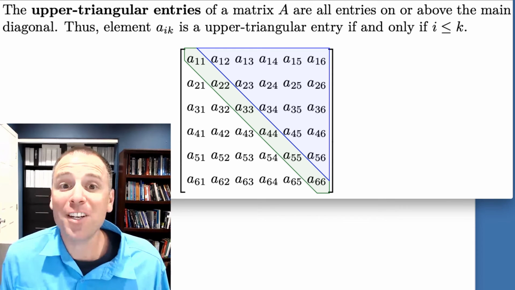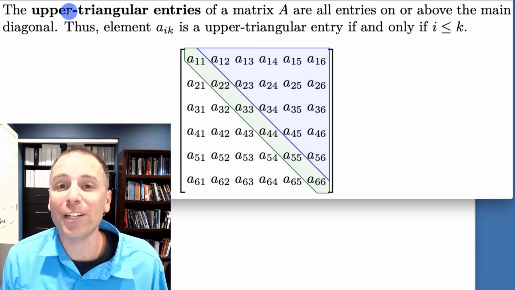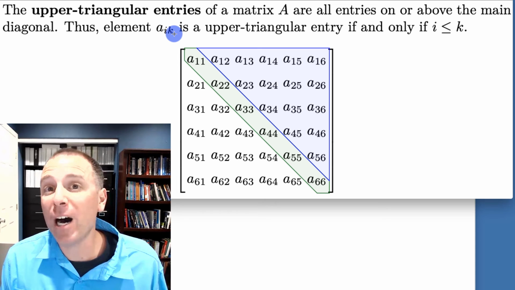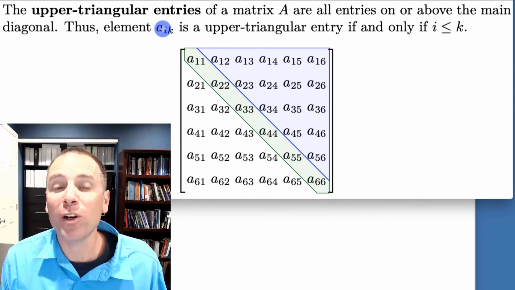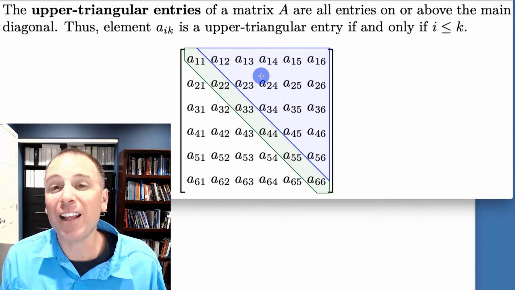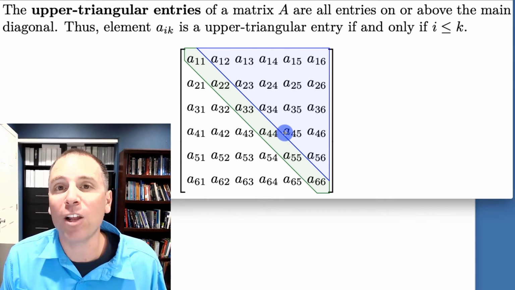That leads us to our next definition, which is instead of the lower triangular entries of a matrix, we're going to talk about the upper triangular entries of a matrix. We say that elements in a matrix are in the upper triangular position if they were on or above the main diagonal. In other words, if we look at a matrix element AIK, we say that's an upper triangular entry if K is greater than or equal to I. Notice the green band here is the main diagonal. The portion of the matrix highlighted in blue are called the strictly upper triangular portions, and then all highlighted elements make up the upper triangular entries of our matrix.